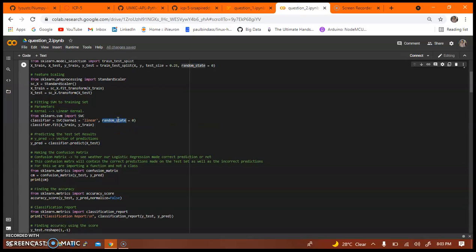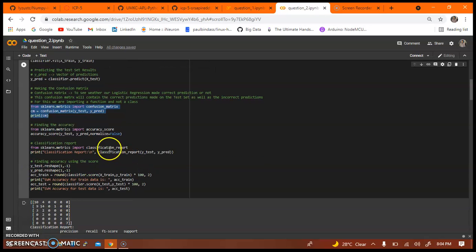Here I have used the random state as 0 and I have used x train and y train data to train this model, and I have predicted using the .predict method on x test to get the y pred values. Here I have also printed the confusion matrix, which is imported from scikit-learn. As you can see, I have imported confusion matrix from scikit-learn,